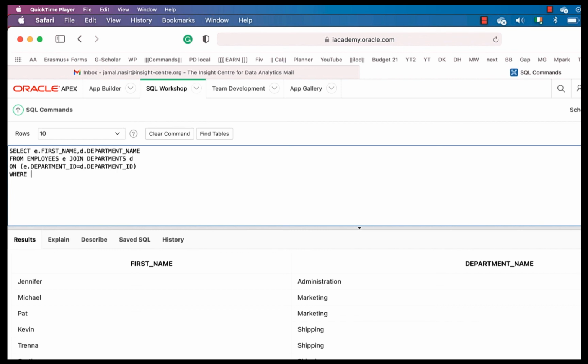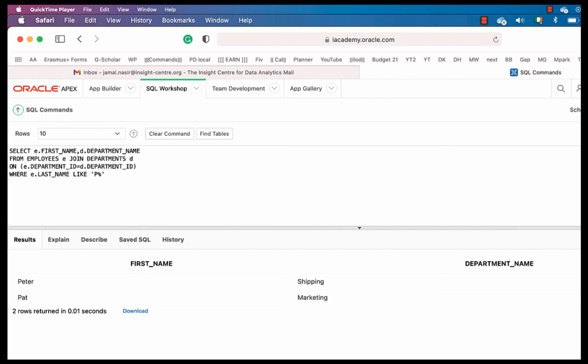Even after joining, we can provide some criteria like WHERE first name starts with P. So there are two employees, Peter and Pat, and they are working in the shipping and marketing departments. And the criteria could be anything.